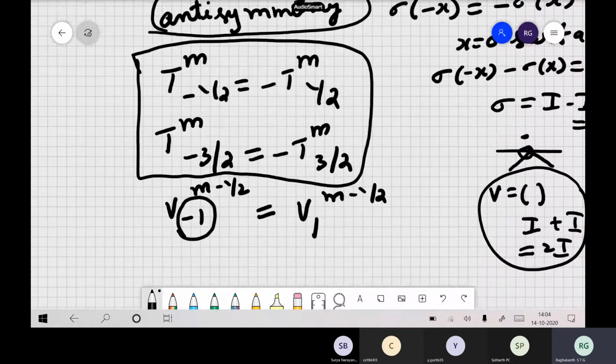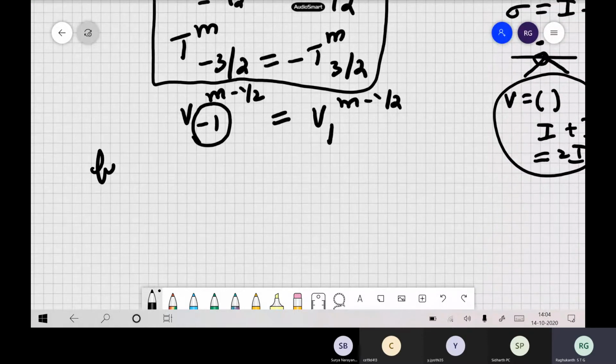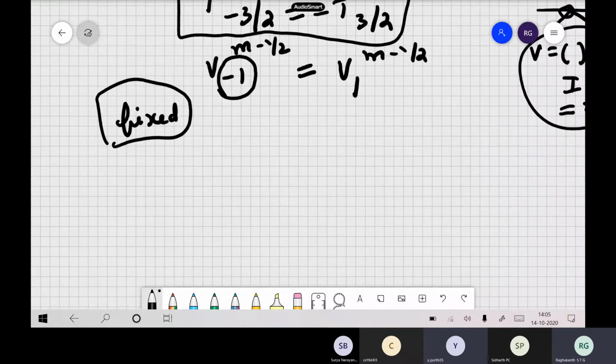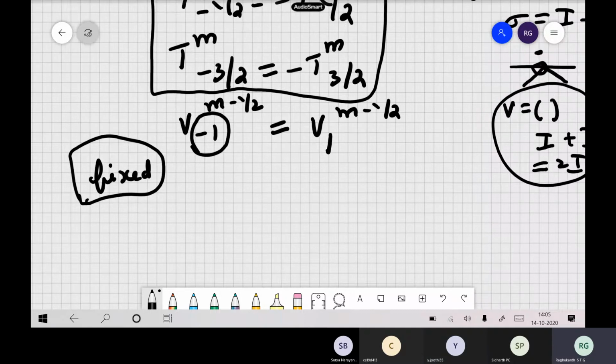Now suppose it is a fixed boundary condition. How do you handle it? Suppose the end is fixed, what do you have to do? Tell me what you will do when the ends are fixed. What is the boundary condition at the edge? Like you have done for a fixed beam in our strength of materials. When a beam is fixed, what is the boundary condition? Usually displacement is 0 and slope is 0. Now how do you implement that in finite difference?